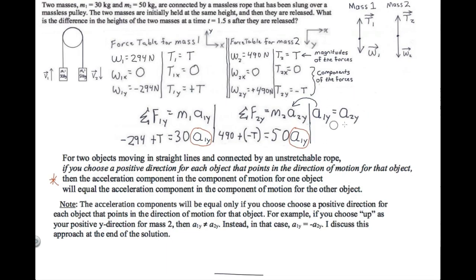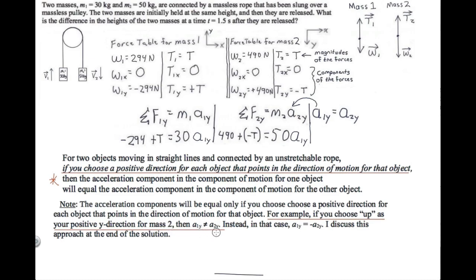Then we can use that equation to substitute a1y in for a2y in the Newton's second law equation for mass 2. We can continue to use the symbol a1y in the Newton's second law equation for mass 1. Remember, this rule only works if you choose a positive direction for each object that points in the direction of motion for that object. For example, if you choose up as your positive y direction for mass 2, then a1y